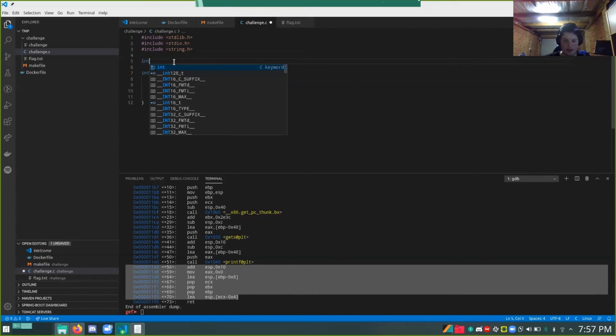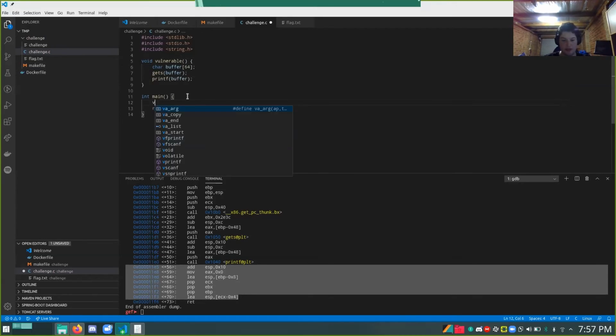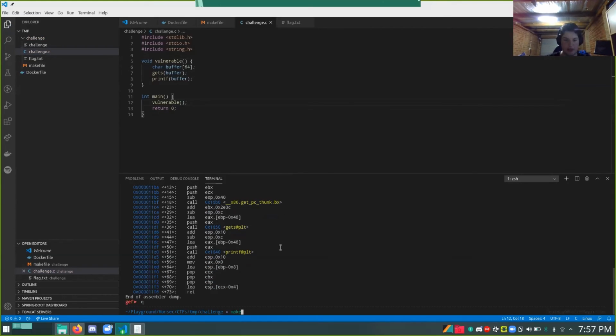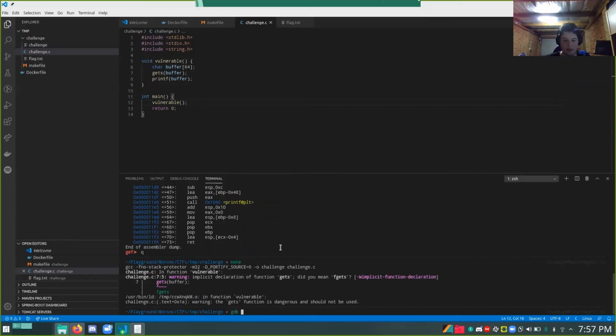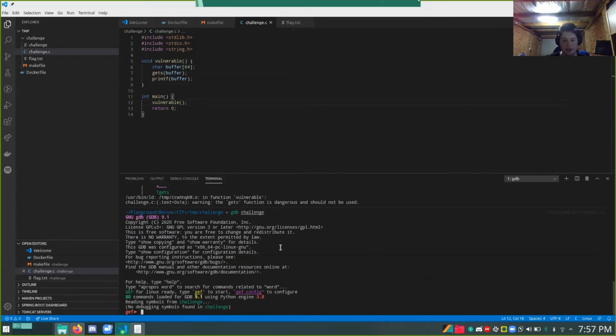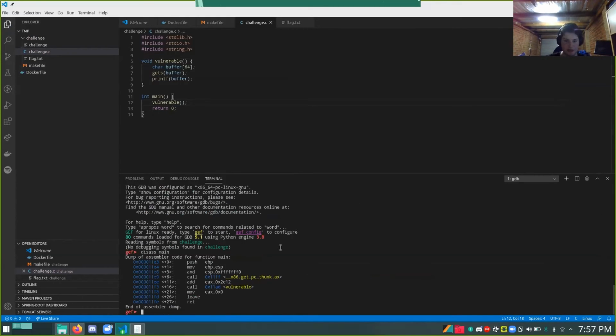But if we were to instead do something like void vulnerable, and we were to put all that stuff in here, and then just call vulnerable, exit out of here, make it again, we can see what the new compiled binary looks like. Oh, this has main, call to vulnerable. We still have leave and stuff here,